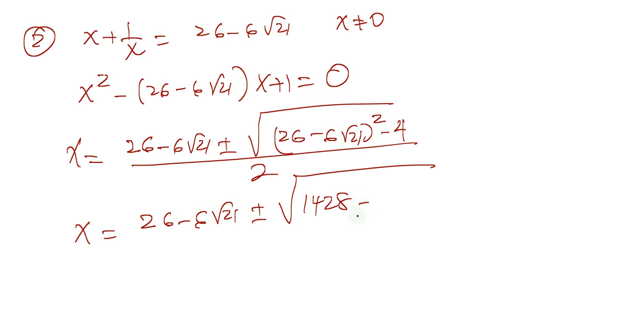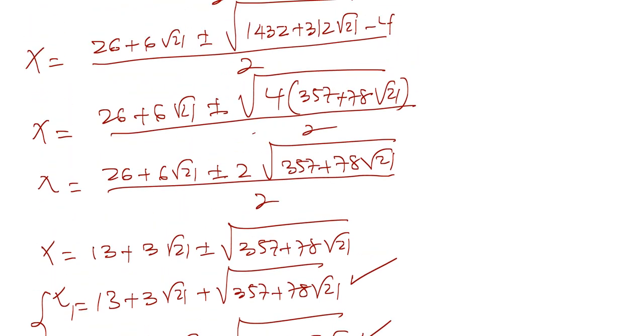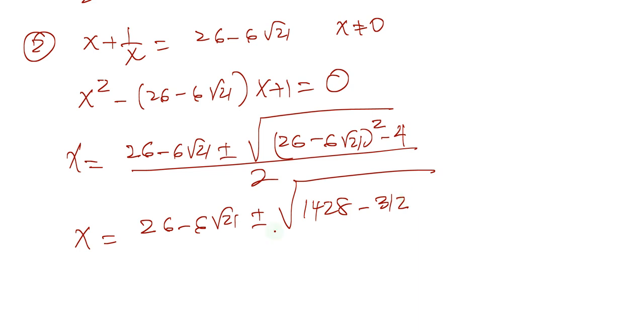So we're going to have that this is minus 312, right? That was 312. Let me get, okay, 312 square root of 21, all divided by 2. But the thing here, guys,